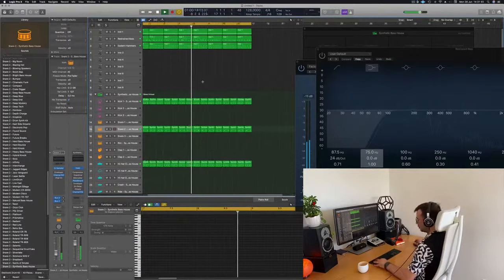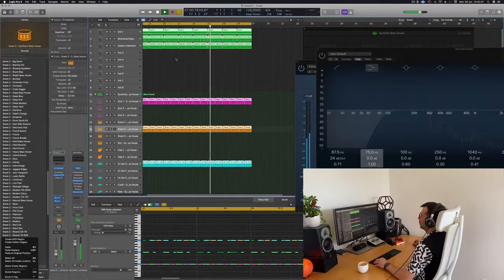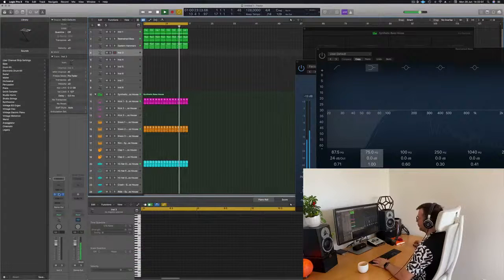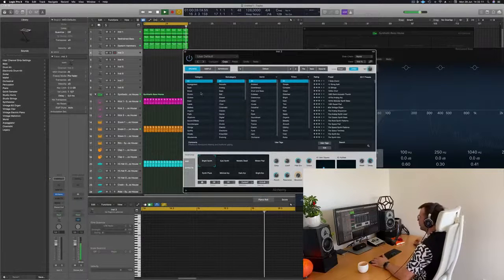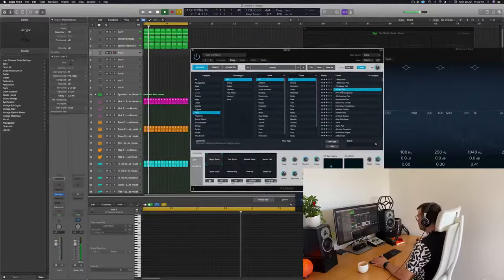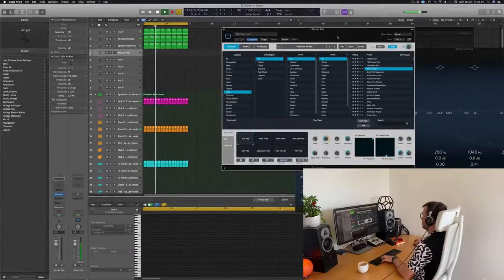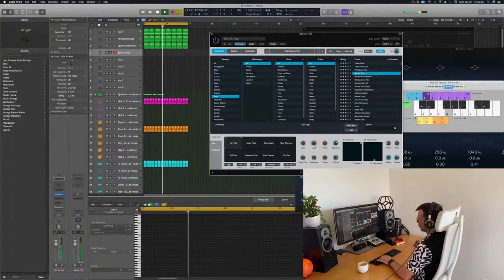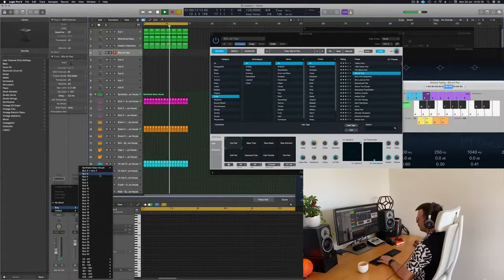So what would we do to continue? First, name region, color region. Then I'm thinking a nice kind of top pad, kind of a bit more of a melody now because we're still in mono and we want to go somewhere with the track, so a bit more of an airy top pad. With some reverb this time.